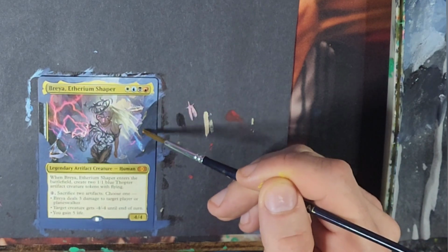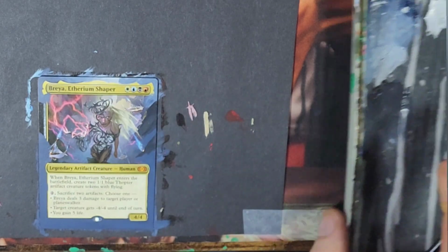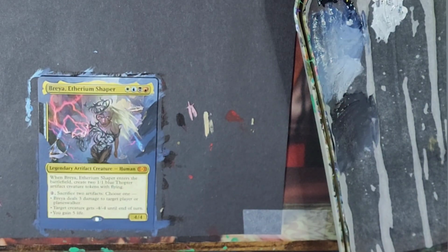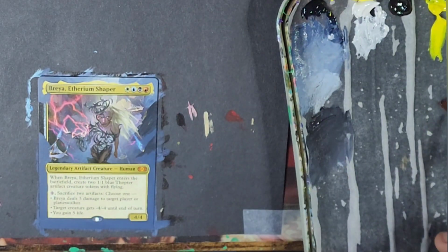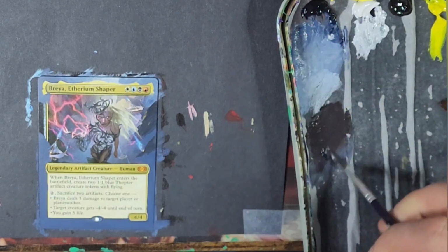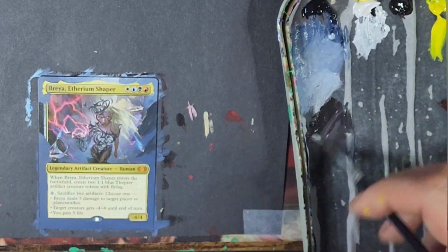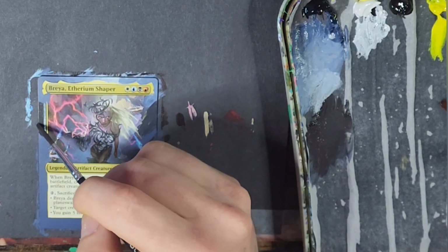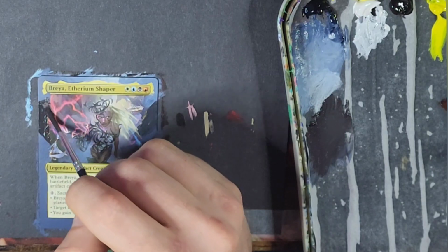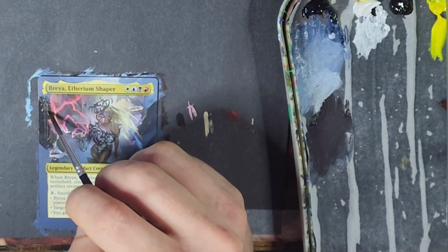And then in the floating world stalactite things that are going on right here, this is going to be a black and Payne's Gray. And then you're going to work in a little bit over here, that black and Payne's Gray, and a little bit of Mars Brown. Mars Brown is a very red, very rich looking brown. It looks like chocolate, like a milk chocolate. I like it a lot. It's really a warm brown. But then you mix in a little bit of black, a little bit of Payne's Gray, a little bit of white, and you are going to get this muddy, earthy